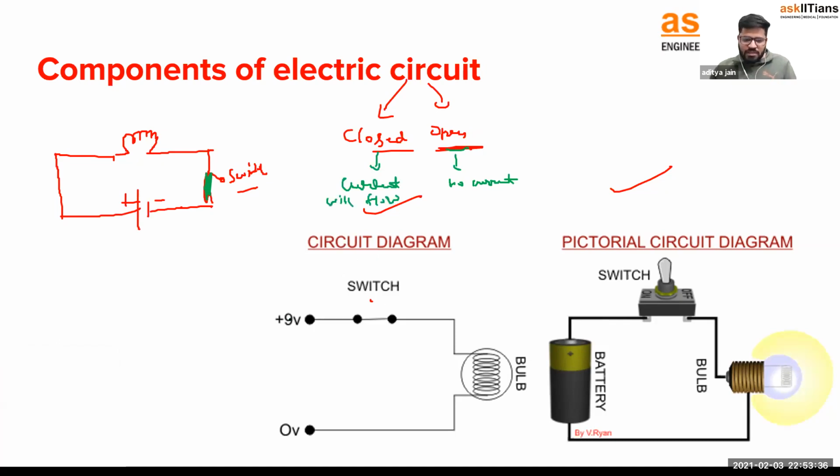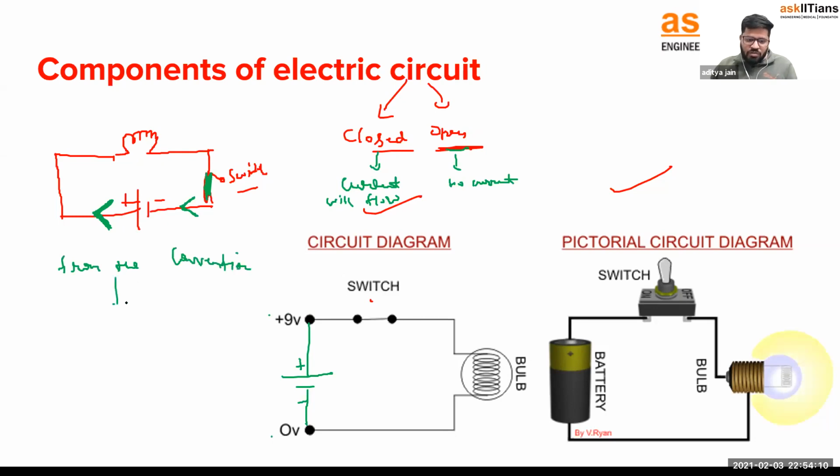Okay, so this is the circuit diagram. Positive is showing the battery's positive terminal. Negative, or zero, is showing the negative terminal. This is positive, this is negative. Current starts flowing, and current always flows from the positive terminal of the battery. This is the basic thing you have to remember: current always flows from the positive terminal of the battery and ends at the negative terminal. The direction of current is positive to negative, and from the convention,